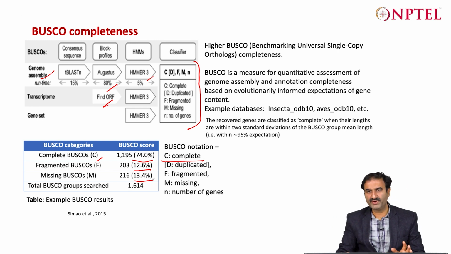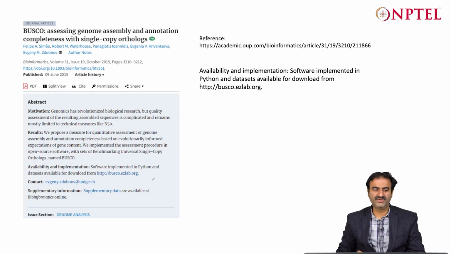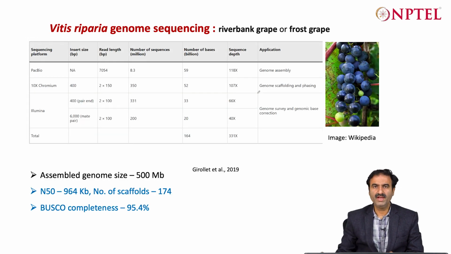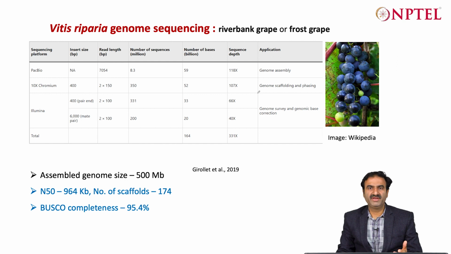Okay, so basically this way you can express the BUSCO score, and we will see some examples where we are using the N50 and BUSCO, and that will give some hint about the quality of the genome. This tool was published in the journal Bioinformatics, and it is available for download from this site. It's a good tool that is used to determine the overall completeness of the genome. And even the reviewers will ask you to report this N50, L50, BUSCO, and other statistics also when you are